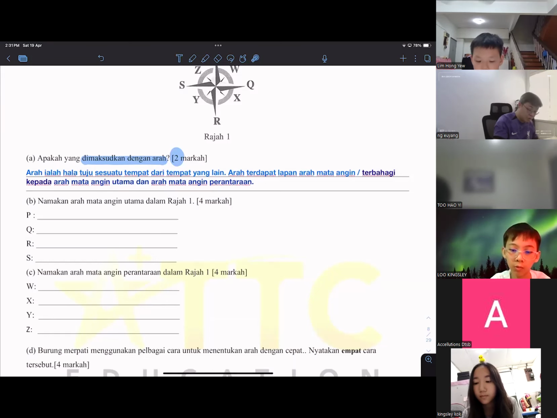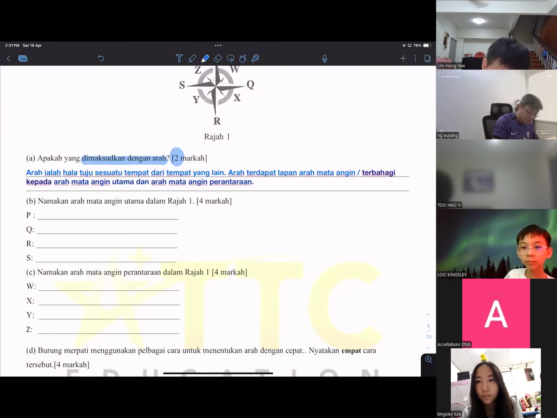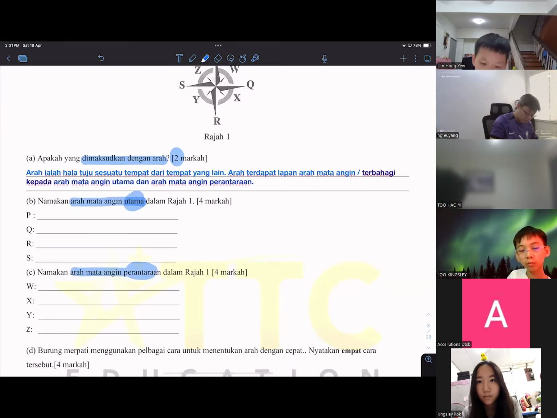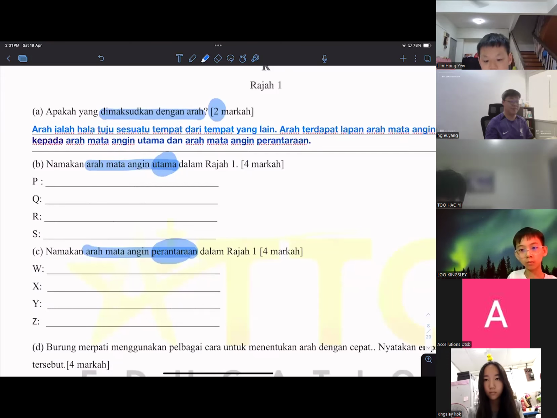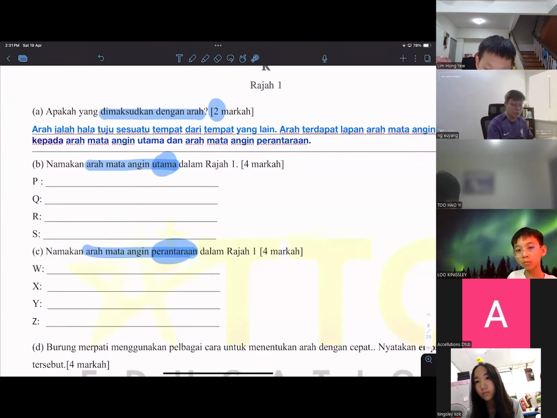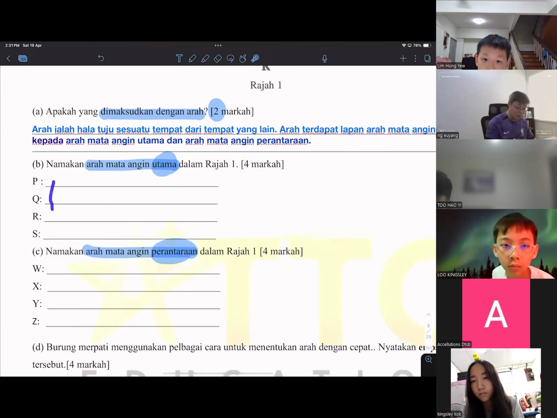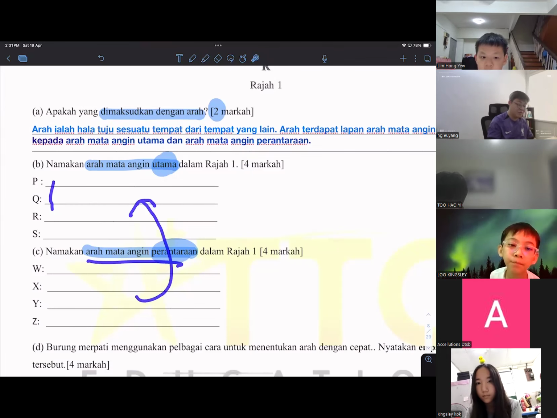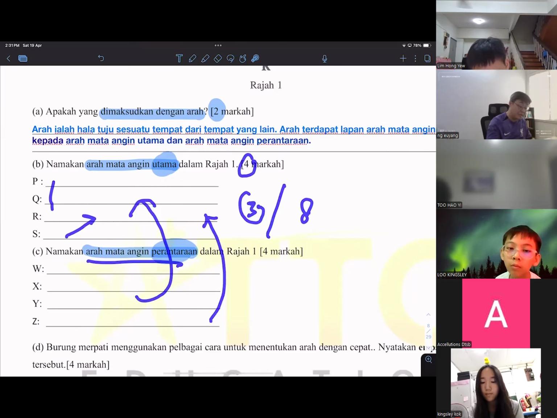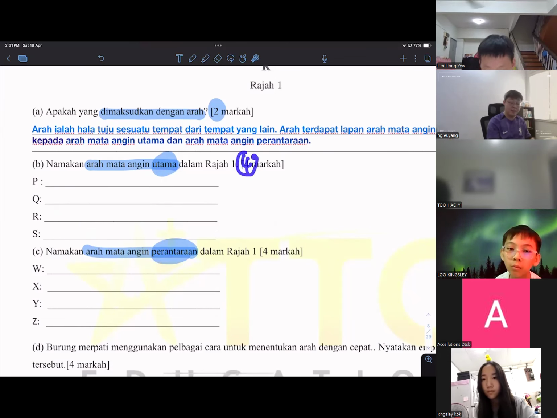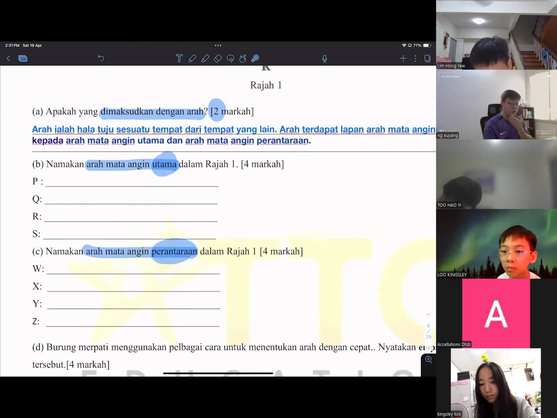Okay, so next one. Do we still have to go through all the arah mata angin utama, guys? Utama, perantara. Let's try the minimum. So the question is going to request 4 marks. Then you just mention the arah mata angin perantaran here. From 4 marks, we try to mention only 3 marks, so you can try to answer the fourth, or answer another perantaran in the utama. Then this is the maximum marks for the correct one of 4. Okay, so it's not right to go by the minimum, it's just right according to the marks.